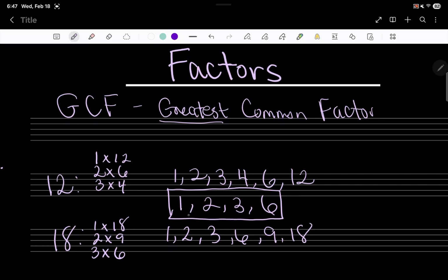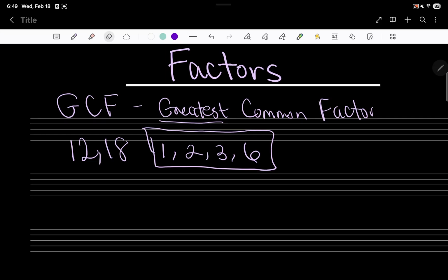Now, what is the greatest value amongst their common factors? We know that to be 6 because we listed them in order. See, that wasn't that bad at all. So the greatest common factor of 12 and 18